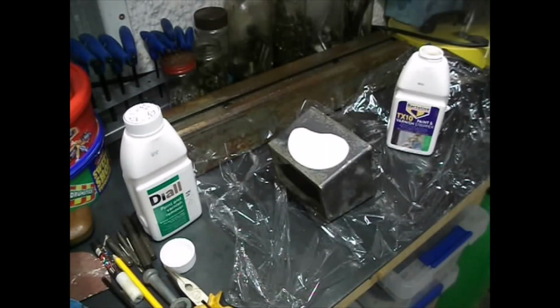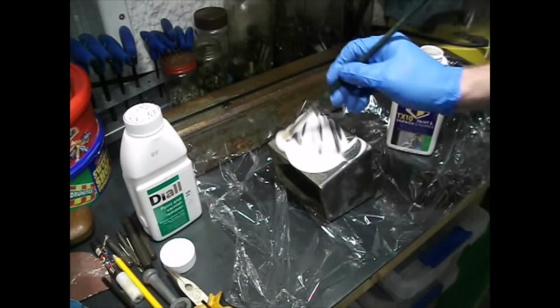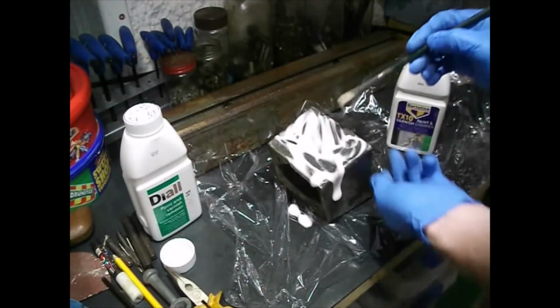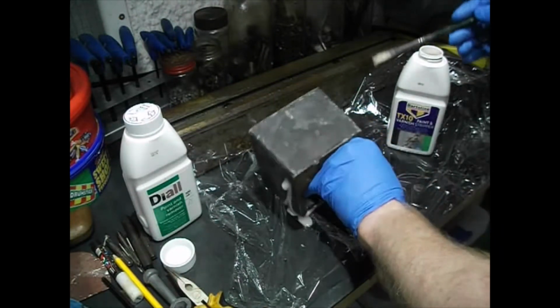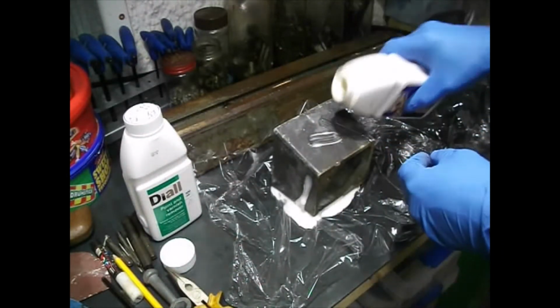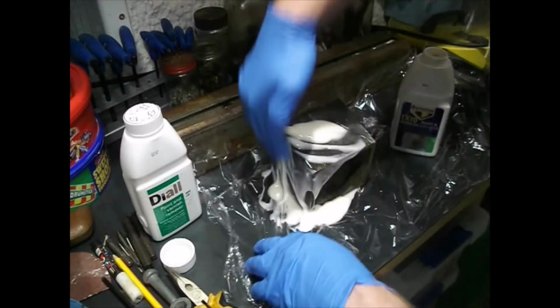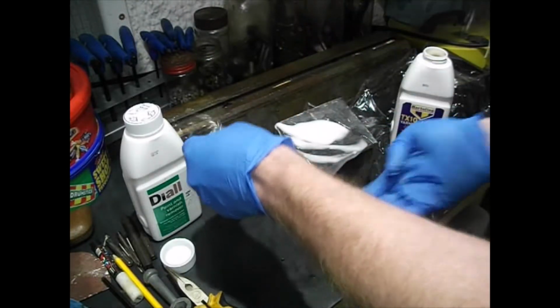I'm just reaching here for an old brush. Any old brush will do. It's mostly just to smear it around. You want to leave it on nice and thick, and this is where the gloves come in. I can afford to be a bit wasteful with this stuff because I'm only intending to put one coat on here,